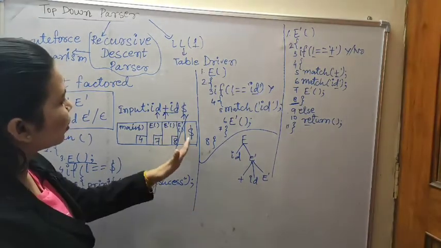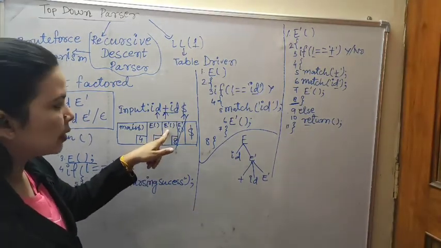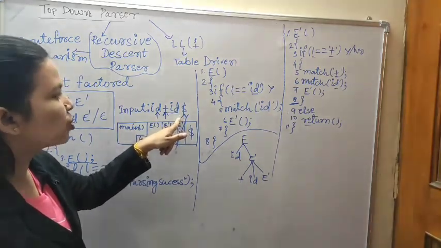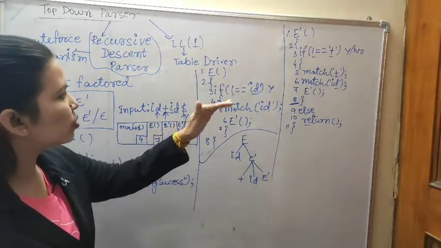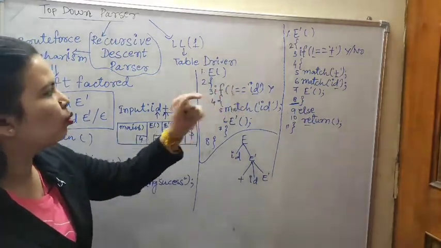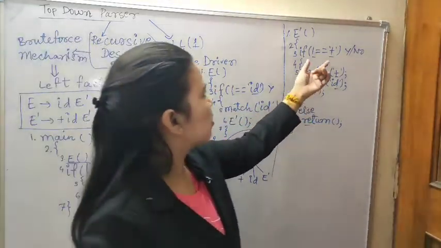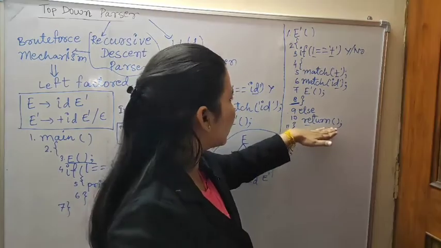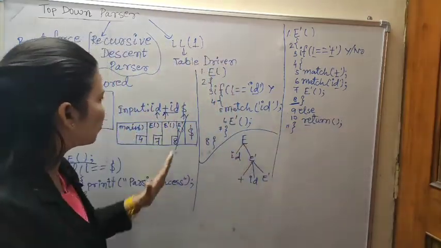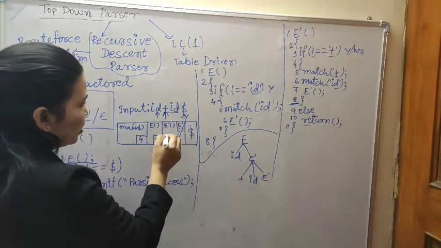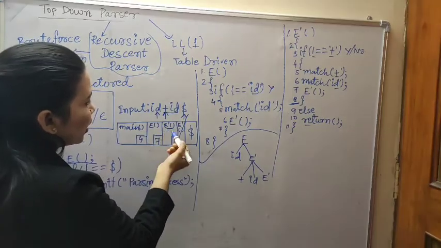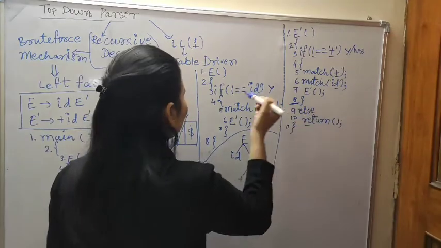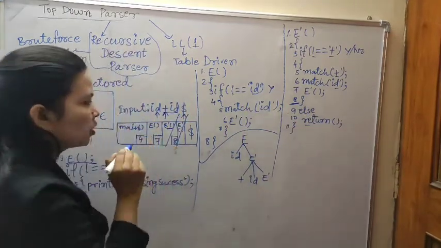So return, then we will go again to E dash, because E dash we have called now, and we have to check in the dollar. Dollar is not matched by the look ahead of that if function, that is we are going to the return function, else part. Return function, we are calling, that means we have to exit of that function. Then we are going to the next E dash function in the 8th number line. What is 8th number line? That is closing braces. Close this one also.